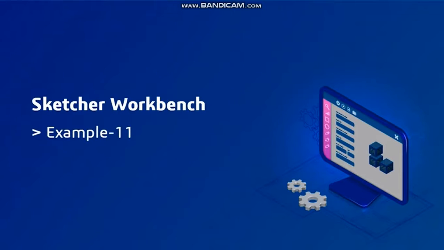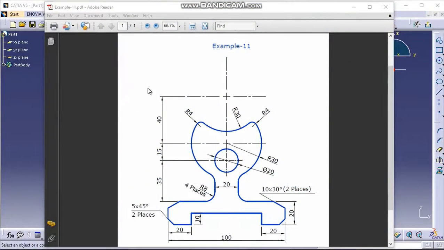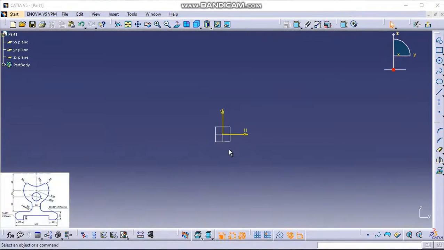In this video, we are going to generate the example 11 drawing file attached with this lecture. You can see here, this is the example 11 drawing that we are going to generate. First, we are going to create this base, and then we are going to create this top portion. After that, we are going to generate the fillets and the chamfers. Let us start. First, let us create a profile for the base.